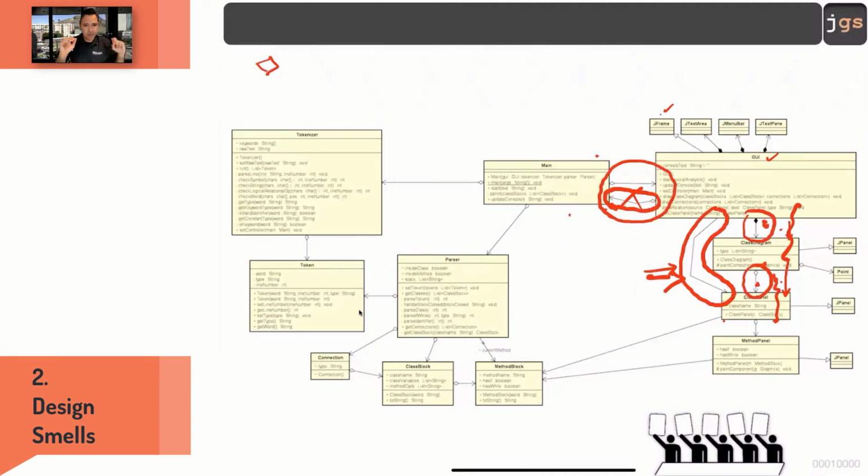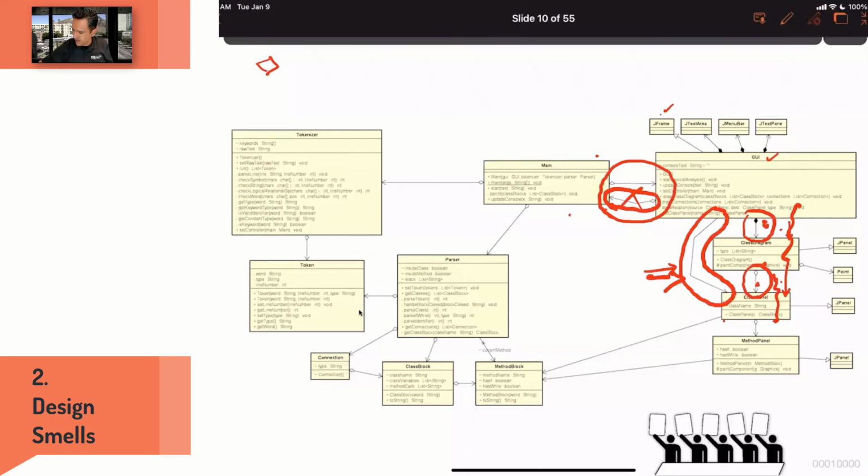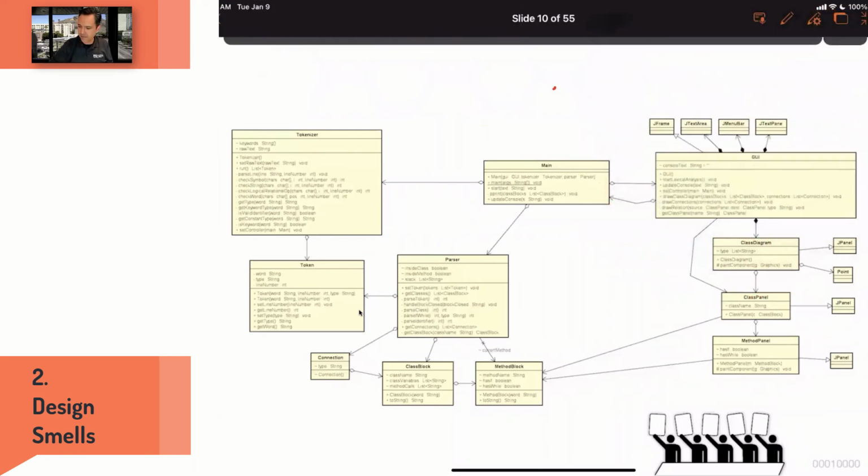Now, okay, I have this graphical user interface with some elements. I have this parser with some elements. So far, something that you could be okay with, like a happy face, is that it looks like the main split is one responsibility, that is the compilation, and another responsibility, that is drawing the diagrams. So in that scenario, okay, this is going to work. But then,